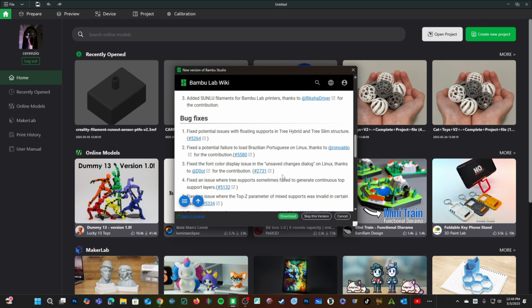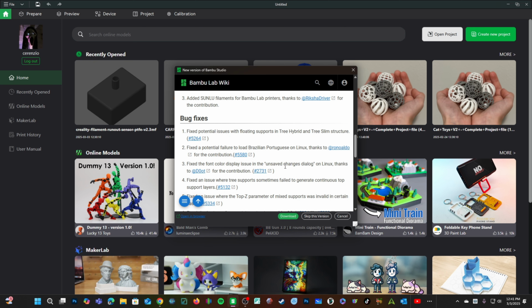That's a really big deal because Tree supports have become the go-to for many 3D printer users, including myself, who prints a lot of tall, thin objects and complex masks. These masks require complicated tree supports, and there have been times where there's been an oddity with my supports, even though I know I'm doing things the way I want. It looks like there were some bugs with the generation of tree supports, and Bambu Studio has kindly taken care